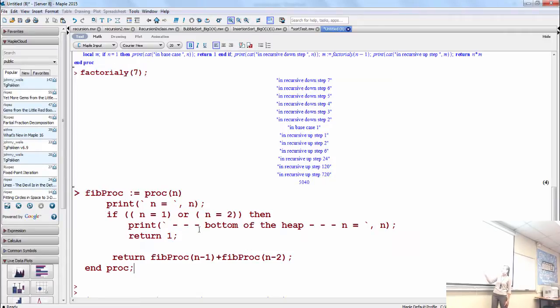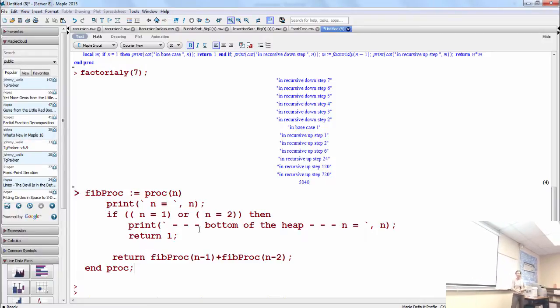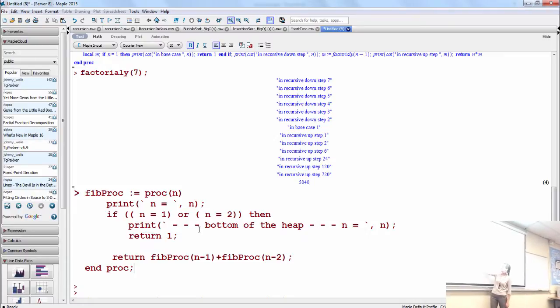If you plug in n equals 3, this will be false and it'll come down here. This will be 3 minus 2, so 1, and this will be 3 minus 1, so 2. Did I say it backwards before? I think I did. But this will be our recursive call to 1, and this will be our recursive call to 2.